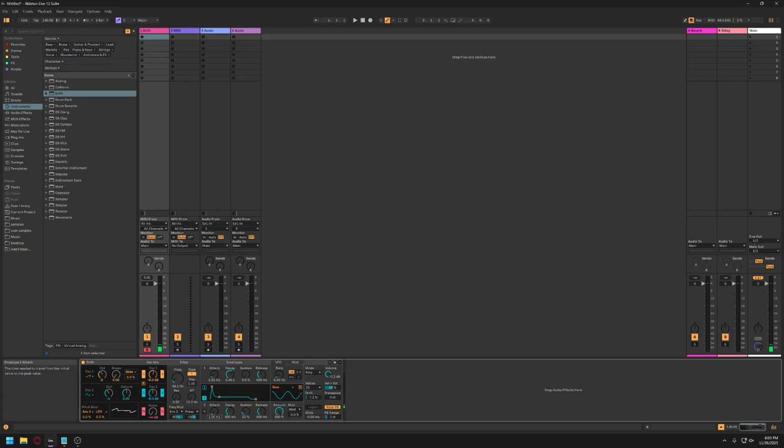Envelope 1, envelope 2, selecting back and forth, or selecting them just like that by clicking on them. Yeah, you're seeing common themes here. The filter, so the oscillator, the filter, the envelopes that are preset to adjust the filter, the LFO here,